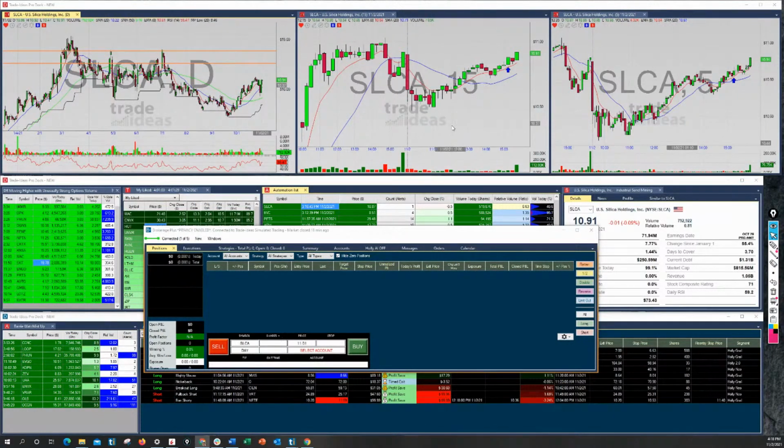I like to sell partial lots. So, let's say, for example, just pretend hypothetically I'd gotten in at 1050 here on SLCA, and I saw we were approaching up to 11. I might throw in, let's say at 200 shares, an order to sell like 60 shares at like 1059, knowing that 11 might be hard to get through. So I just want to lock in some profit there. That's just how I personally manage my stuff.